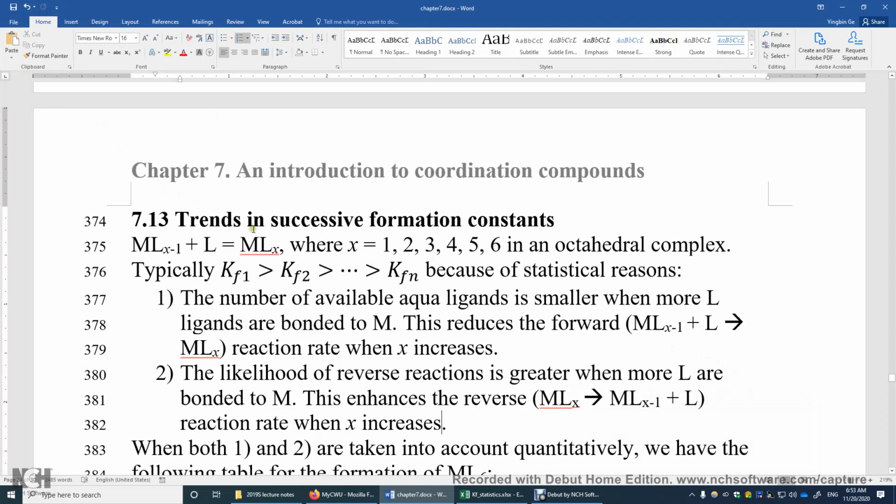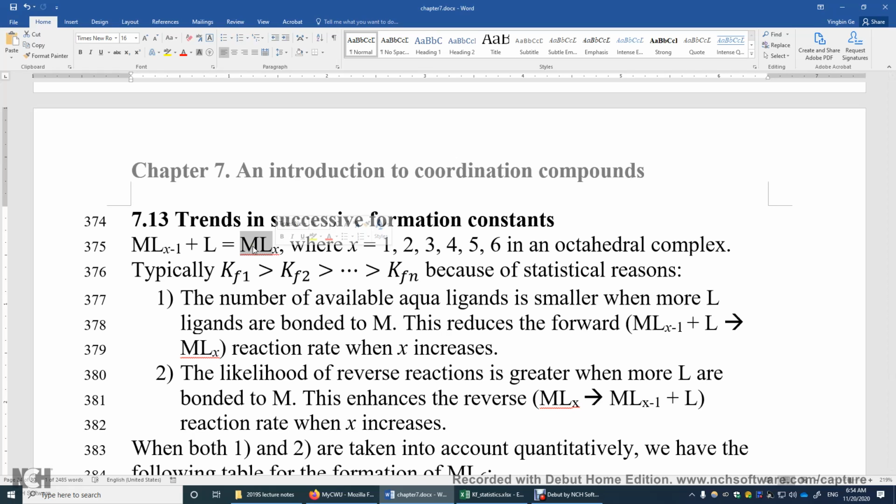Section 7.13, Trends in Successive Formation Constants. We're talking about the formation constants of this type of reaction. In this reaction, this ligand L replaces one of the aqua ligands bonded to M. So if you compare here and here, this transition metal is now bonded to one more L ligand and one